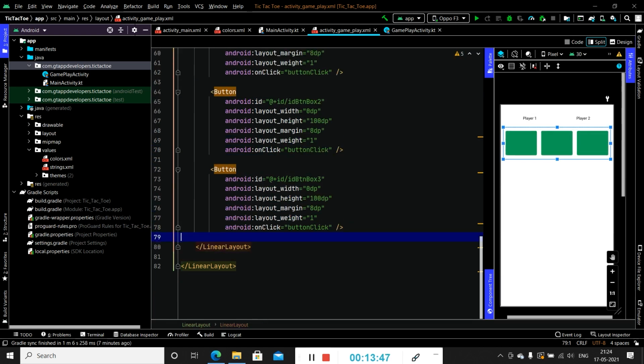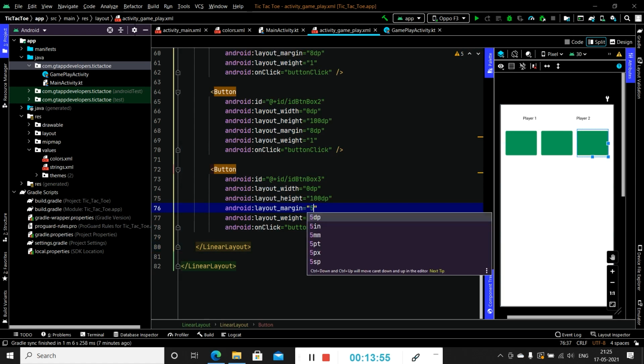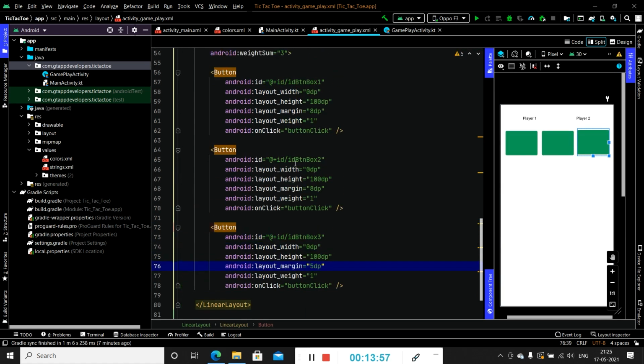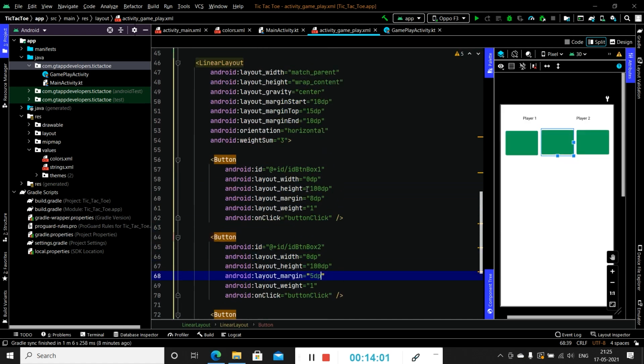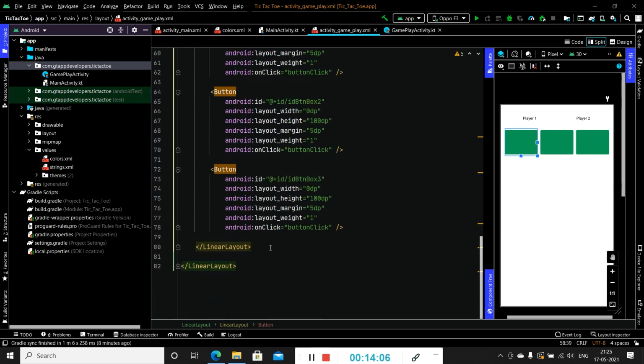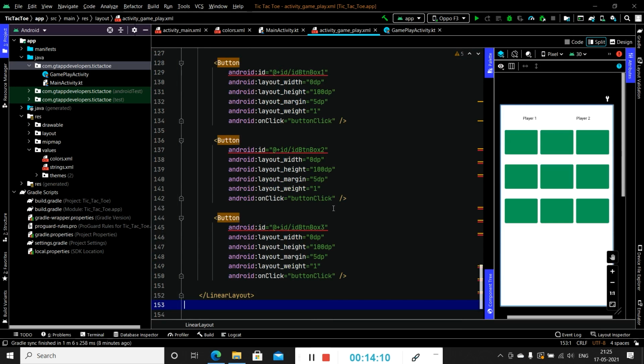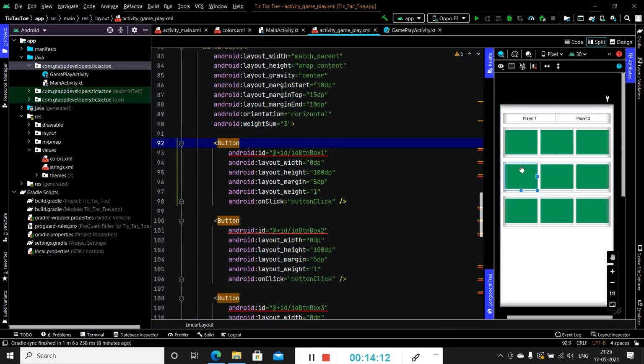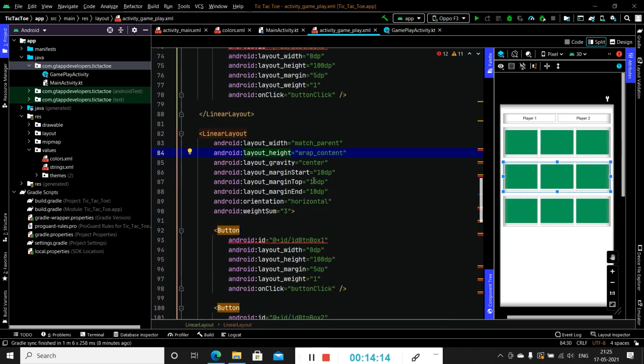Similarly we have to create the other 3, so we can simply copy this linear layout. We should reduce the margin a little bit. So we will simply copy this linear layout and use it 2 times. Here we will change first of all the linear layout top margin.